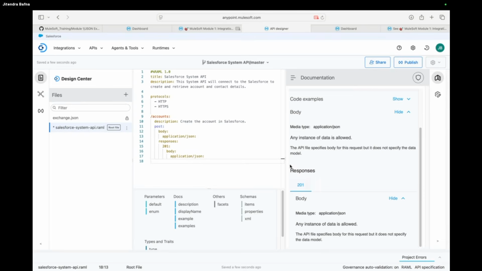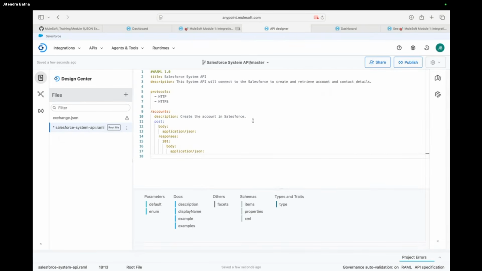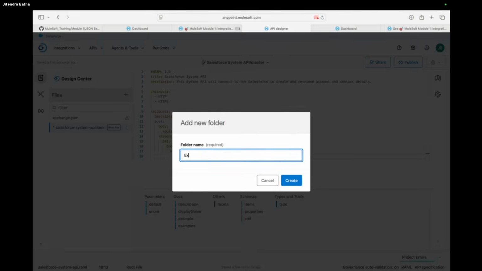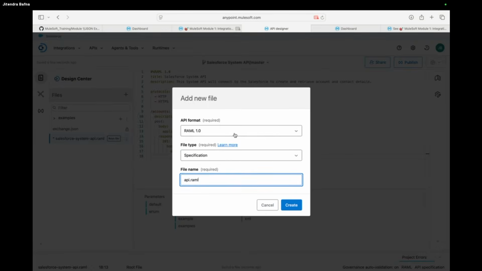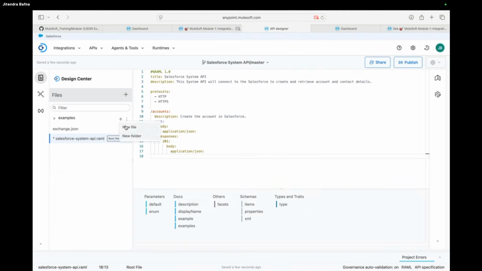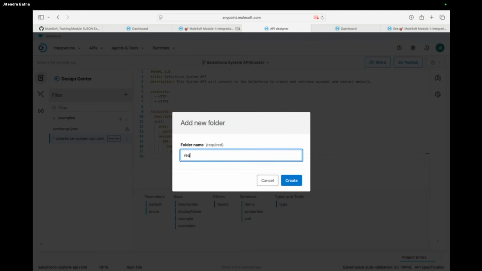Now I have to define an example, right? So what I will do, I will click here and say new folder. I can put examples, I'll keep it in small letters. I will just follow best practices. Under examples, I can do new folder and segregate request and response.